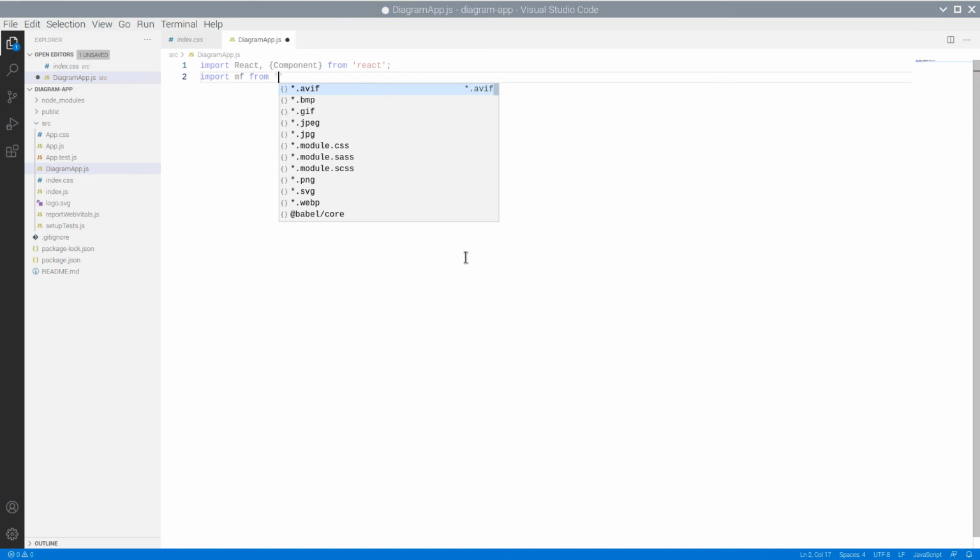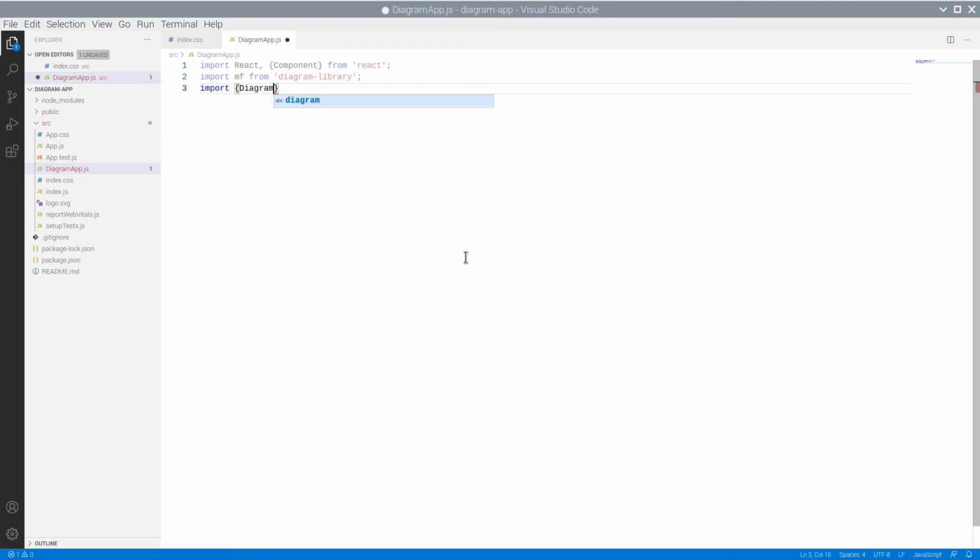Then we make a default import of the diagram library and member imports of the DiagramView and NodeListView classes. DiagramView is the class that renders a diagram, and NodeListView is the class that represents the list with nodes to drag.